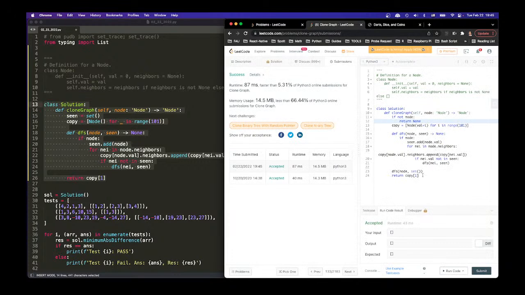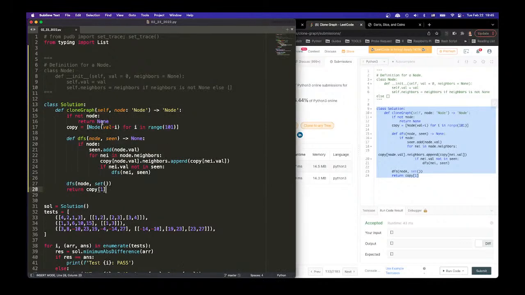The runtime was terrible, horrifying. Yeah, I'm not feeling it. Honestly, I'm not feeling it. And for one thing, we're getting as many as we can, which I don't really think is supposed to be the way to go. Now, what we can do, right? What we can do is maybe change this into a dictionary, right? We change this into a dictionary, and we simply say for neighbor in this,